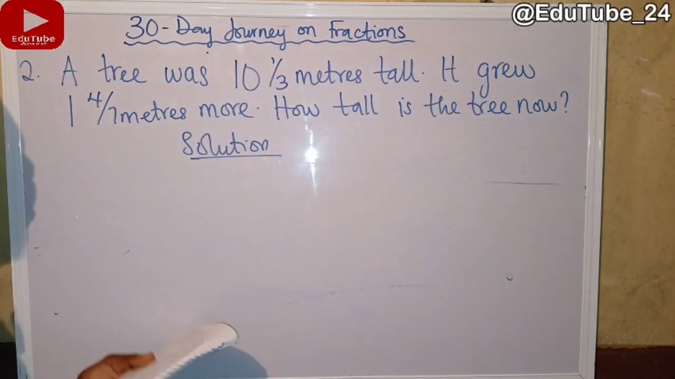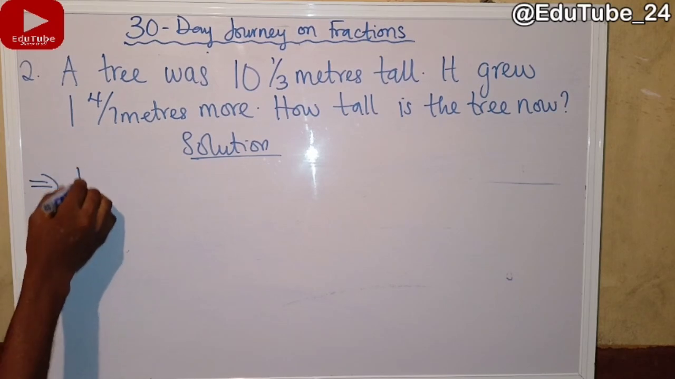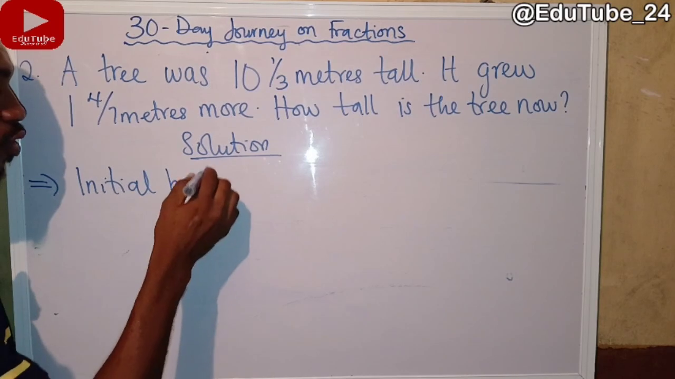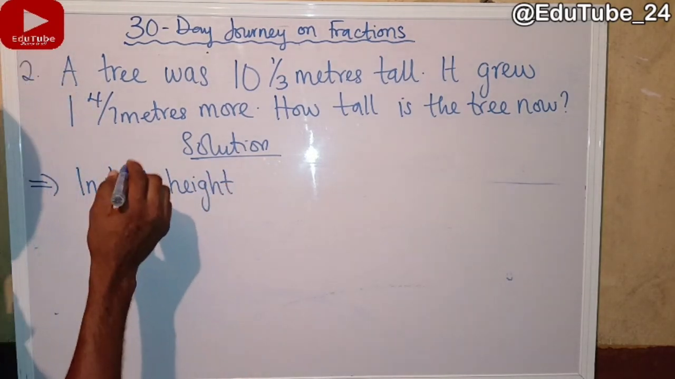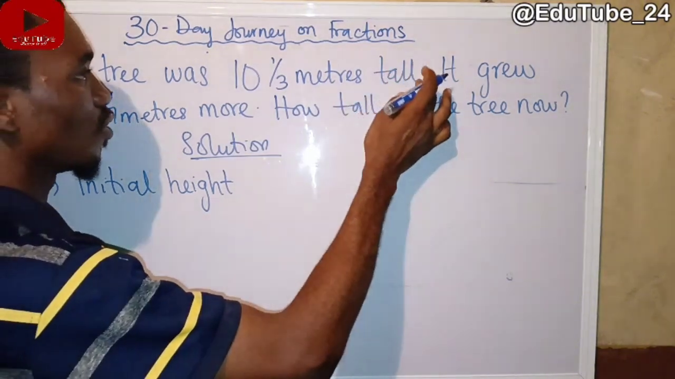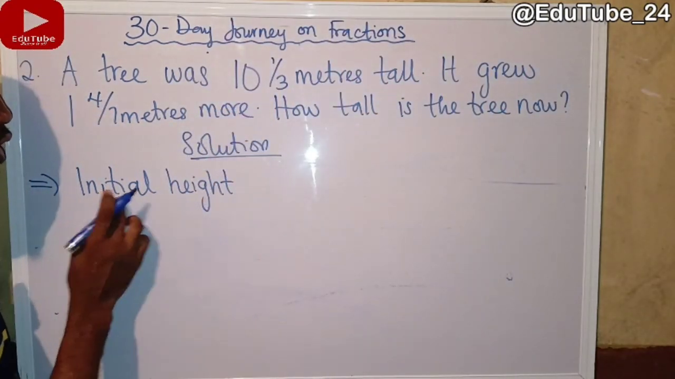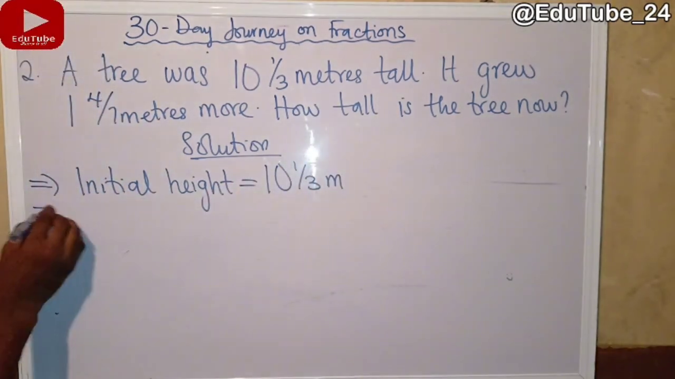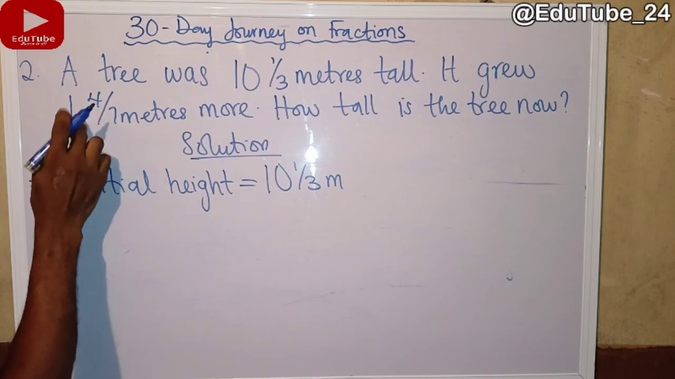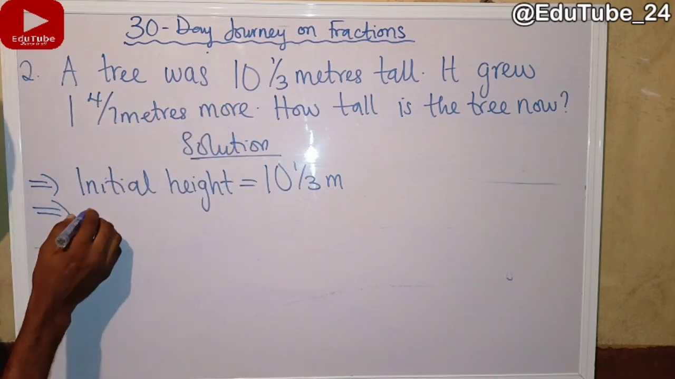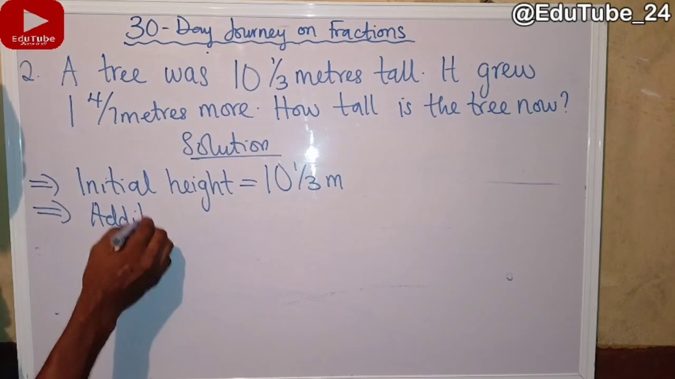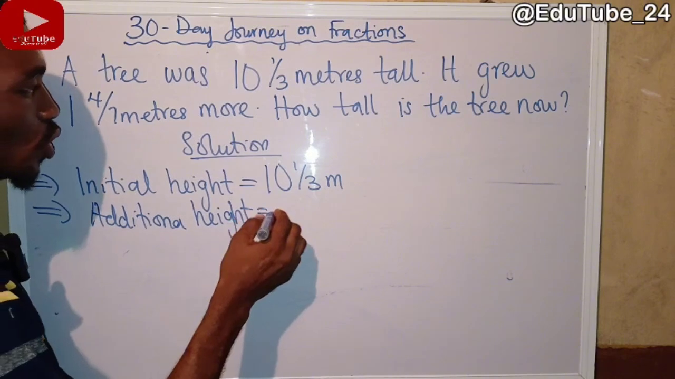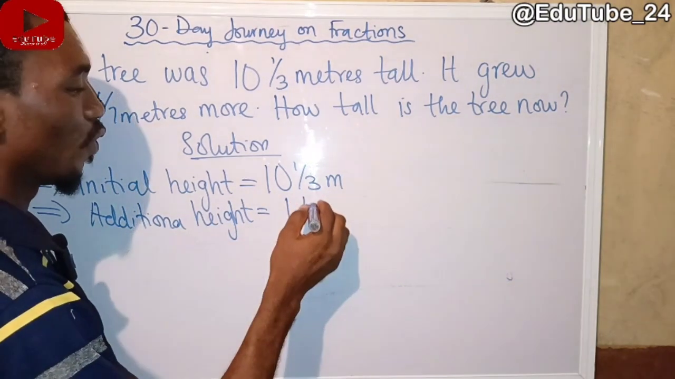That means something happened initially. So we are going to interpret this as the initial height. That is the initial height of the tree, because the statement says a tree was 10 and 1 over 3 meters tall and then it grew more. So initial height is equal to 10 and 1 over 3 meters. And then additional height, because it grew more. That is 1 and 4 over 7 meters more. So we interpret that part of the statement as additional height, which is 1 and 4 over